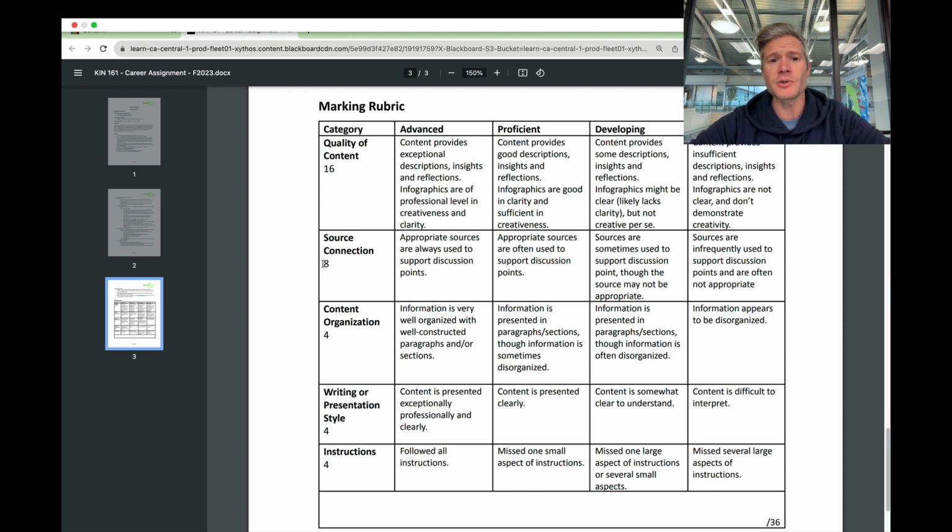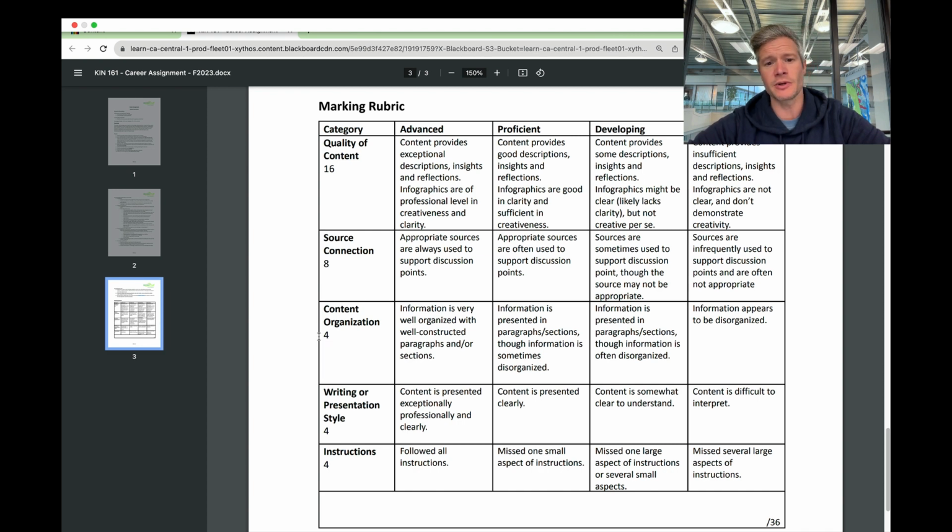Yep. Source connection, I want to see you tie in all the information that you've gathered. Let us know whether it's from an interview or if it's a cited source. Even on your infographic, if it's a cited source, within brackets underneath your point or your graph or whatever illustration you happen to have, you need your APA citation under there. Not the full reference, but the citation. You can have a reference page at the bottom of the infographic or at the back of your slide deck.